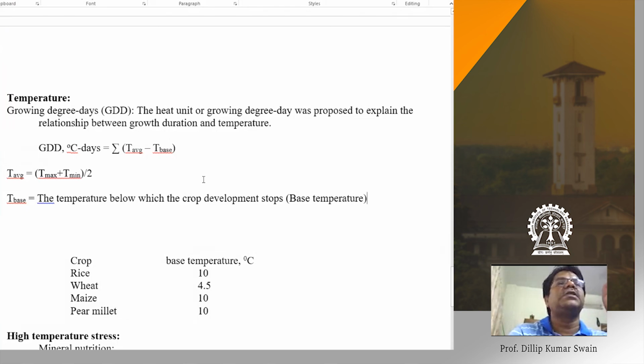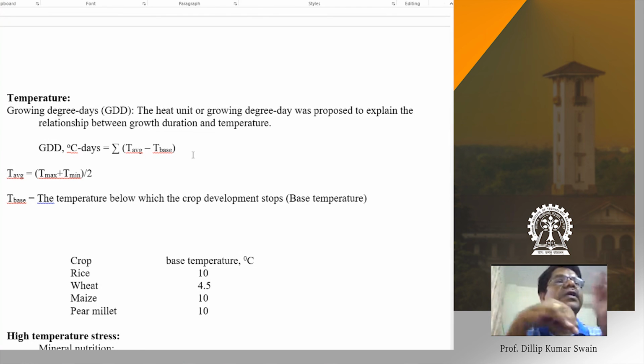That's a heat unit. The heat unit concept can be used for calculating the duration for particular growth phases, and also that will help you as an estimation of biomass. As you did in the earlier example, we simply multiplied by the duration, right? So you took the average, but the particular duration is based on the temperature. Based on temperature, the duration can change. Duration is not a fixed one. That varies as per the temperature. If the temperature changes, the duration will change. If the duration changes, then the biomass accumulation will change as per the duration of the crop phases.